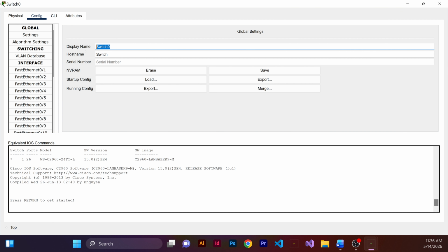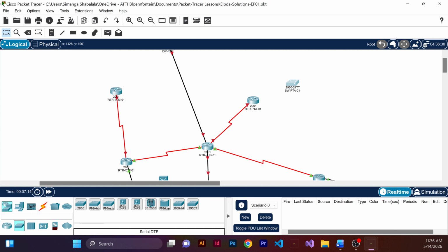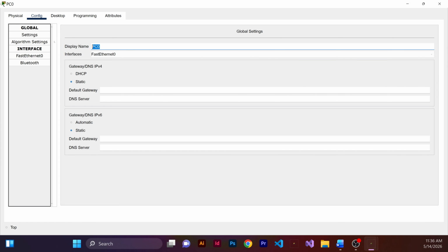So it's gonna be SW PTA 01. And then we need a PC. So the PC is gonna be PTA PC1,